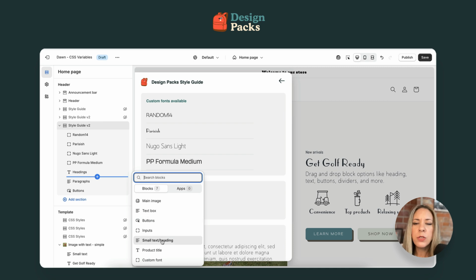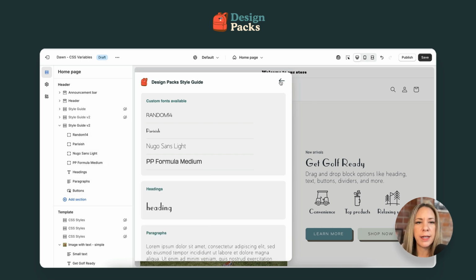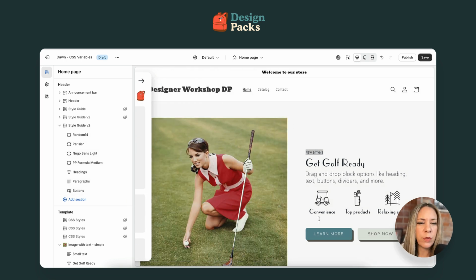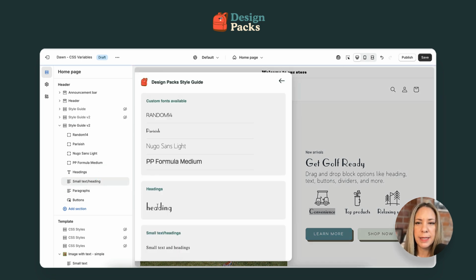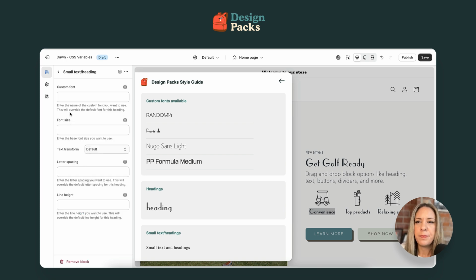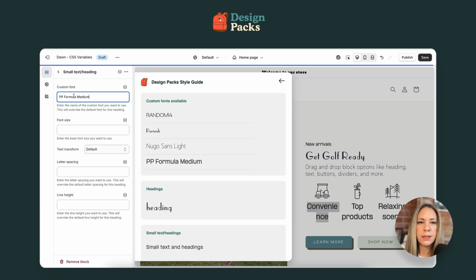And then we can also change the font for small heading text. The small headings are taking the heading font, and the small text is taking the font from the theme. So if we see right here, the new arrivals is from the theme, and this is from the heading. But if you want to be even more specific, you can take this and add this font, and then maybe